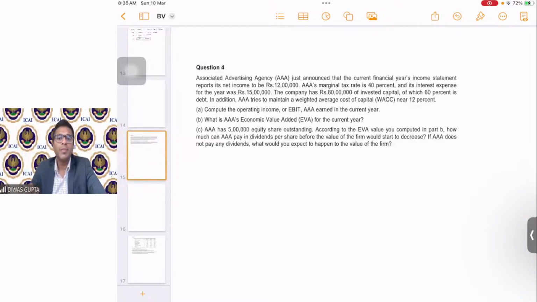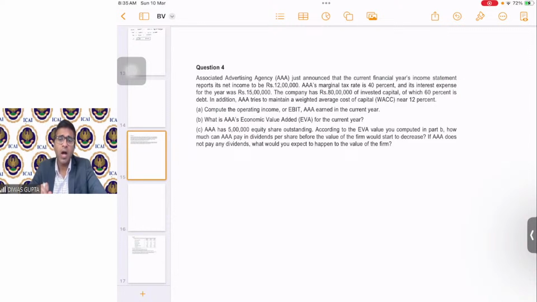The company has rupees 80 lakhs of invested capital, of which 60% is debt. So out of 80 lakhs, 60% is debt, and the balance 40% is equity. In addition, AAA tries to maintain a weighted average cost of capital, which is WACC, near 12%. So they have been maintaining the WACC of 12%. Okay, students? Till now, the information is clear. Compute the operating income or EBIT AAA earned in the current year,